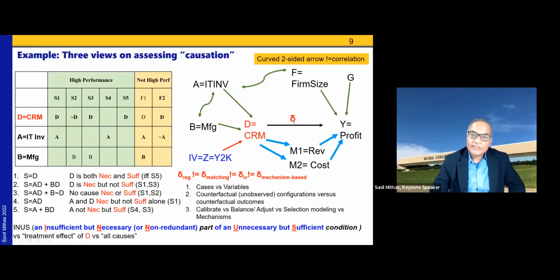A second way to estimate this delta might be using what is known as an instrumental variable approach. So in this approach, we don't have to worry about all these variables here at the top. Maybe you did not collect data on them, or you do not know sufficiently from a theoretical perspective about these variables. Here, the idea is that can we exploit some kind of a natural experiment to estimate this relationship. So if there is an instrumental variable, you can think of, let's say, a Y2K problem that happened